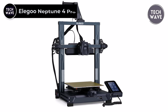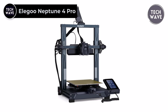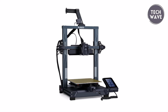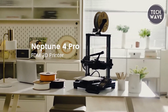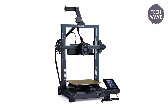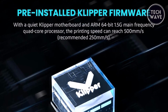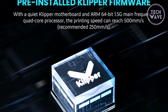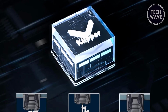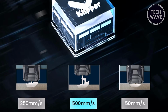Elegoo Neptune 4 Pro. The Elegoo Neptune 4 Pro is a cutting-edge 3D printer engineered to elevate your printing experience to new heights. Priced competitively at $359, this advanced machine combines lightning-fast speed, precision engineering, and user-friendly features, making it the ideal choice for enthusiasts and professionals alike. At the heart of the Neptune 4 Pro is its Clipper firmware and powerful processor, enabling blazing fast printing speeds of up to 500 millimeters per second. With a recommended printing speed of 250 millimeters per second, this printer allows you to bring your creations to life